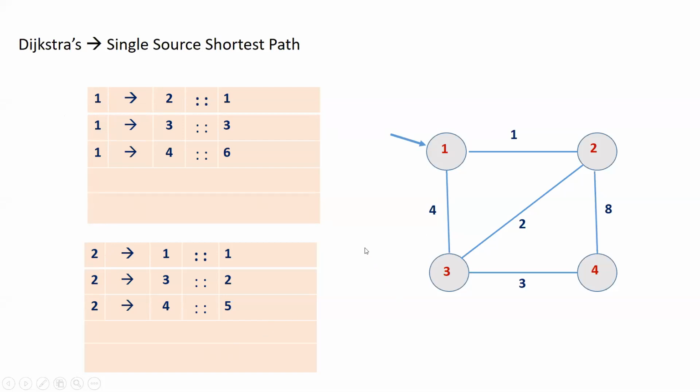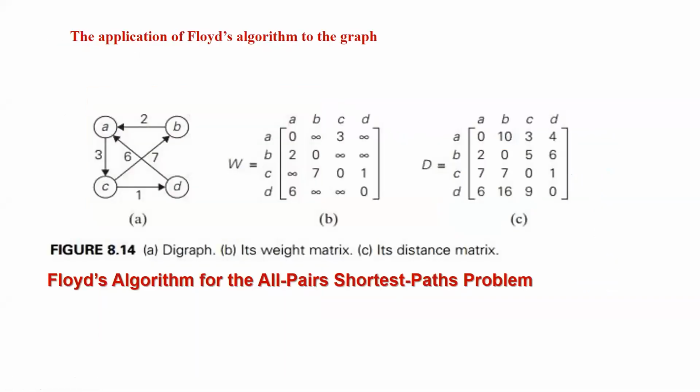But how is Floyd's different from Dijkstra's? Dijkstra's is a single source shortest path problem; it computes with respect to one particular vertex. But Floyd's will calculate the all pair shortest path from each vertex to each other vertex. If you consider A, you will get the shortest path A to B, A to C, A to D. If you consider the vertex B, in the same matrix you will get the shortest path from B to A, B to C, B to D. If you consider D, you can obtain the minimum path from D to A, D to B, D to C, like that. So in a single step.